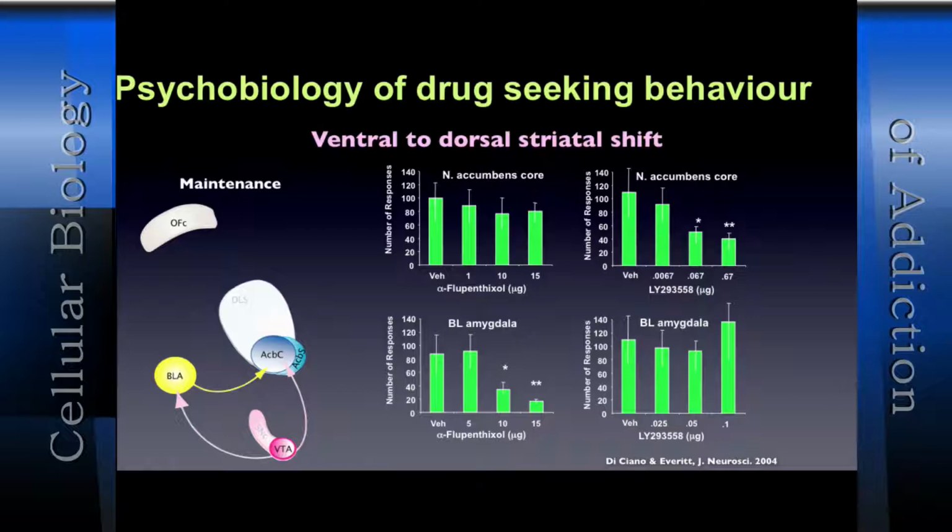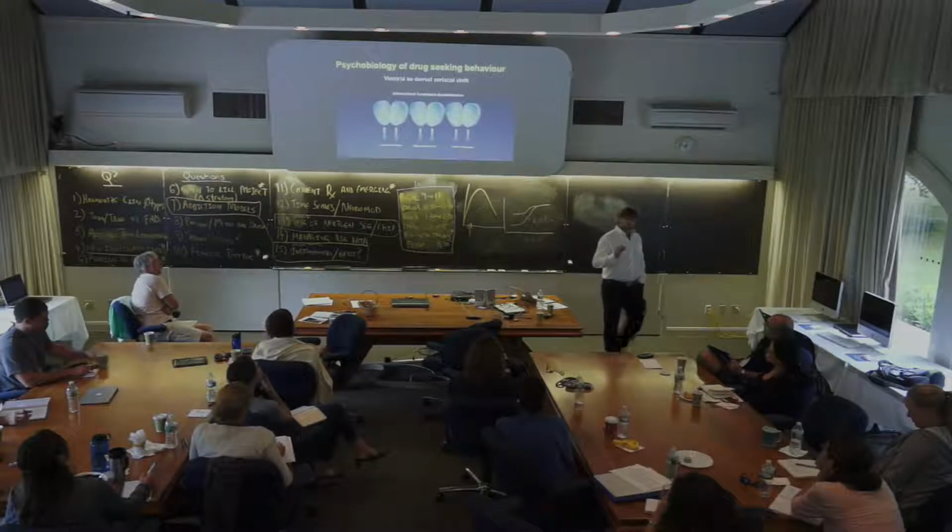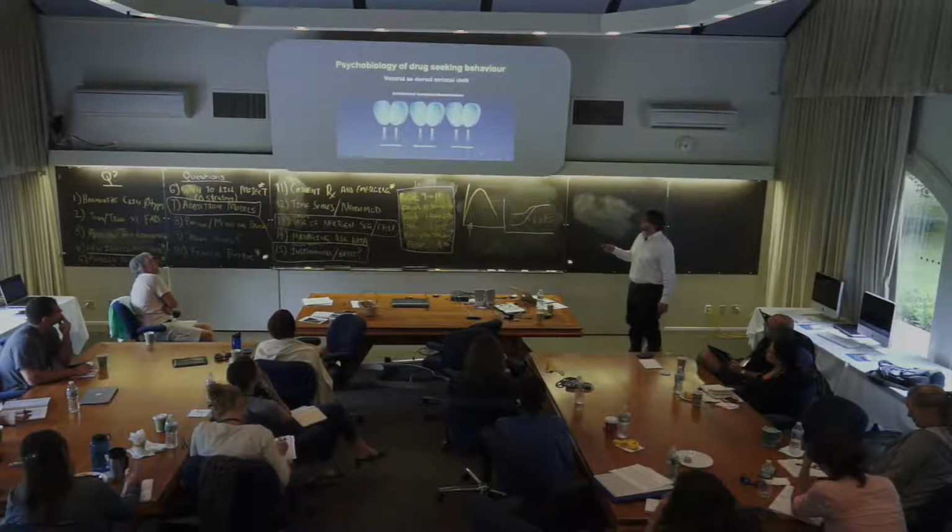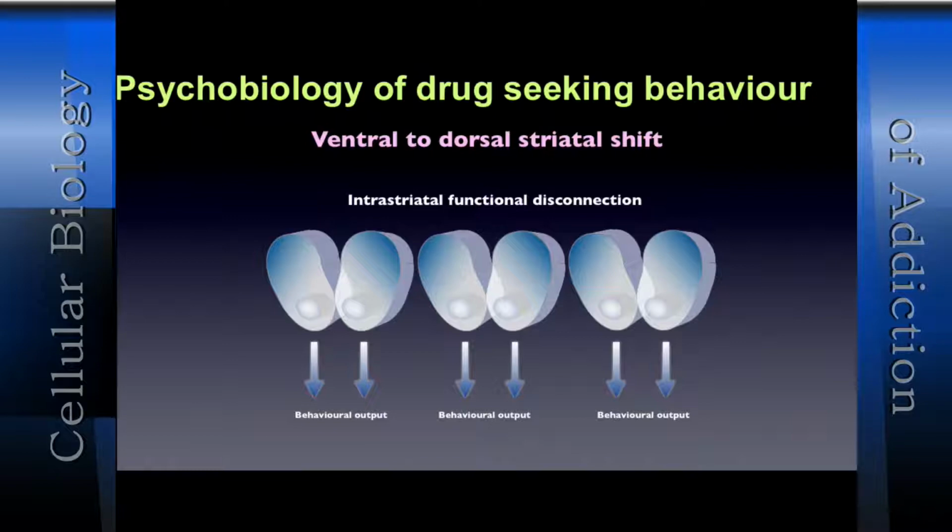Now, how do you probe whether they indeed functionally interact in promoting this behavior? You would perform what we called functional disconnections. So this is an example for intrastriatal processes, but the principle of functional disconnection is I have two structures that have been shown independently to be involved in a specific behavior. Okay? So when I take out one structure on both sides of the brain, I lose my behavior. When I take out the other structure on both sides of the brain, I also lose my behavior.